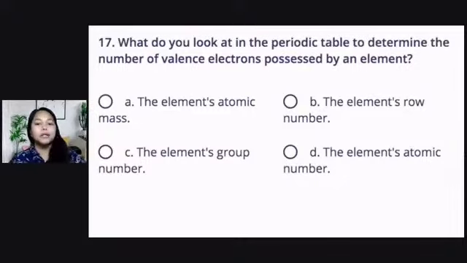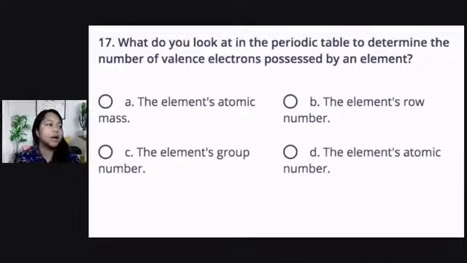All right, letter D, the element's atomic number. Nakalimutan nyo na to. Meron na tayong mga items about this before, no? So, maaaring nakalimutan nyo na. Okay, what do you look at in the periodic table to determine the number of valence electrons possessed by an